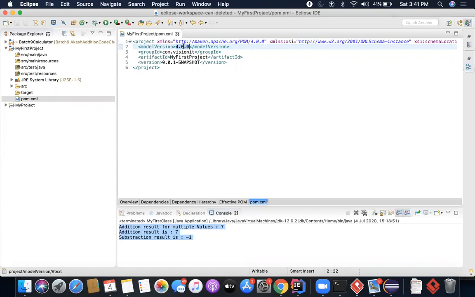I can take a few small brief sessions on it, as well as tell you the resources where you can read more about it. It's not really very complicated to understand. These are tags. These are its values. Now, if you want to change the behavior of this Maven project, you can actually modify this pom.xml file. But we are really not going to go in that direction for now.